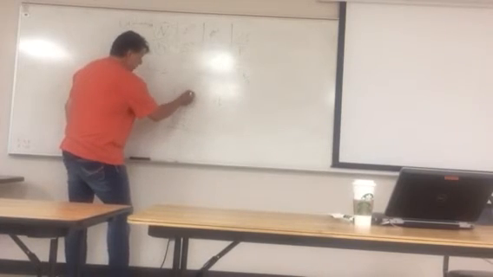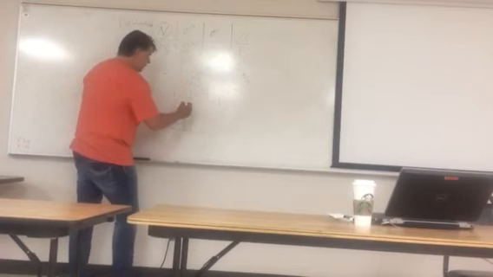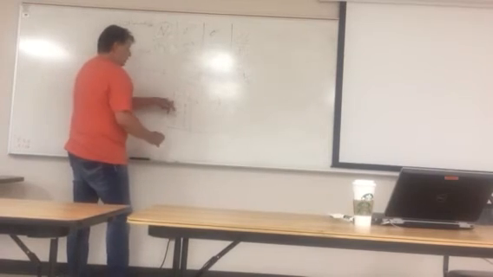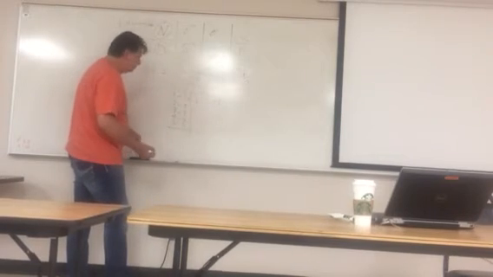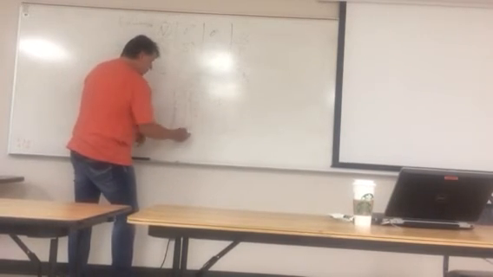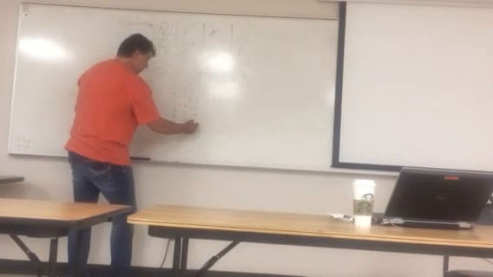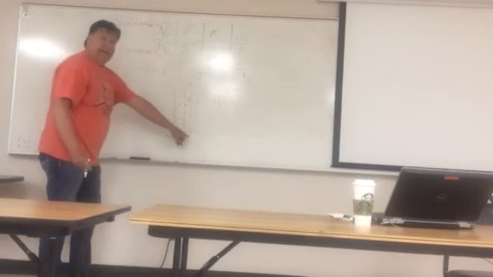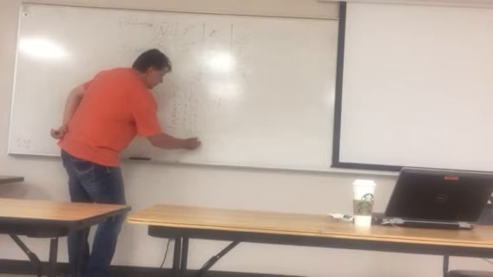So 1 minus 3 gives me -2. 2 minus 3 gives me -1. 3 minus 3 is 0. 4 minus 3 is 1, and of course 2. I'm going to add these up because I'm commanded to add, and I should get a value of